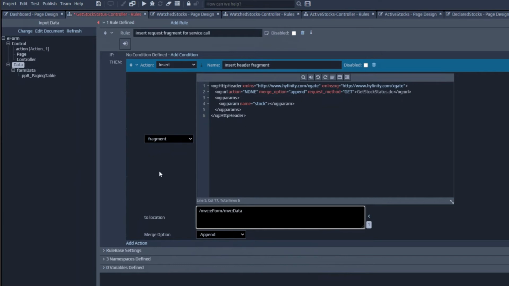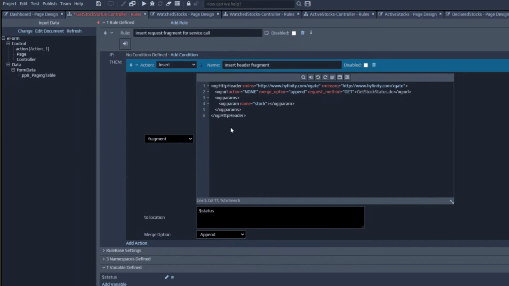The other option we have for information that we are just using temporarily, so in this case we're building this structure and then we're going to send it off to the service and then we don't need it again, we can look at creating what we call variables. So in this case I might create something called status and, instead of putting this fragment in my main document, or what we call our fact base, with all my other information, I can keep it separate and put it into a status variable and then still use it in the exact same way, but it keeps that information separate, and we're not then going to be mixing up our data fragments. So now we've got our